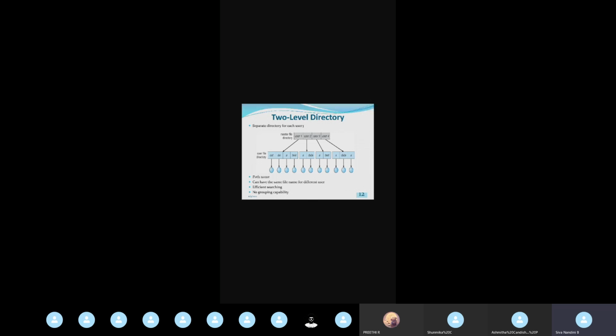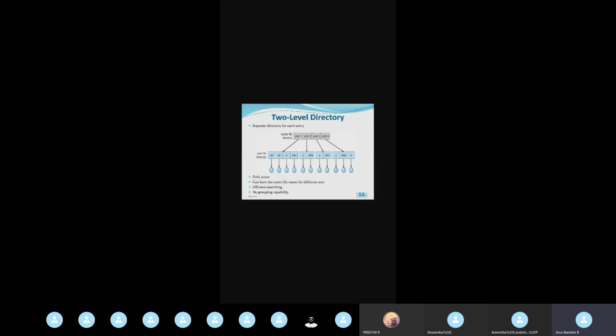If you simply give test, we can't say whether we are going to access the test file belonging to user 1 or user 3. So to mention that, we have to give the complete path name. In this 2 level directory, we can have the same file name for different users.